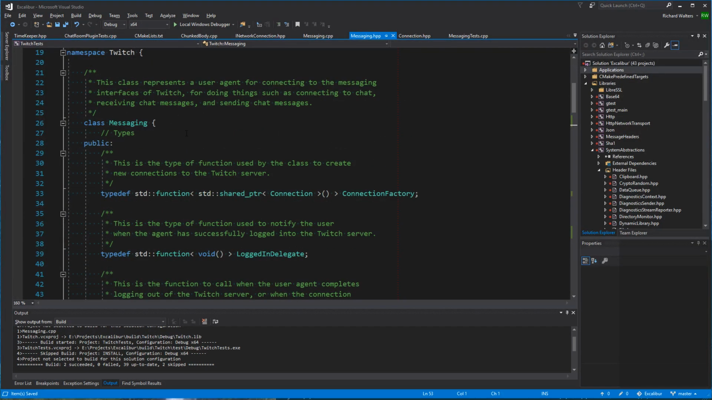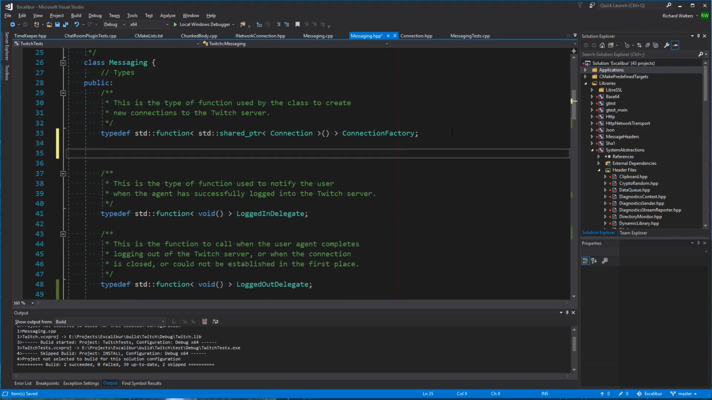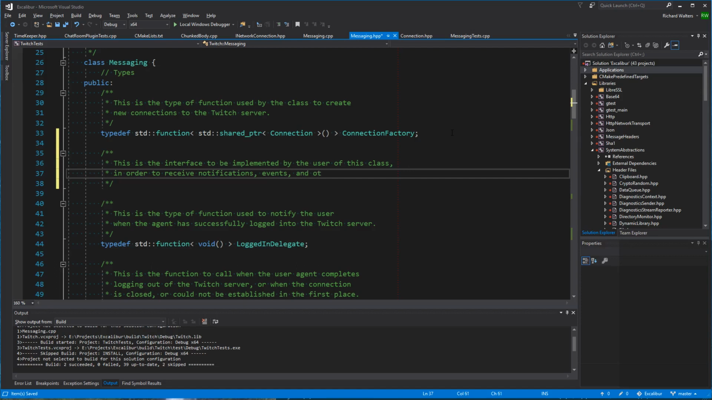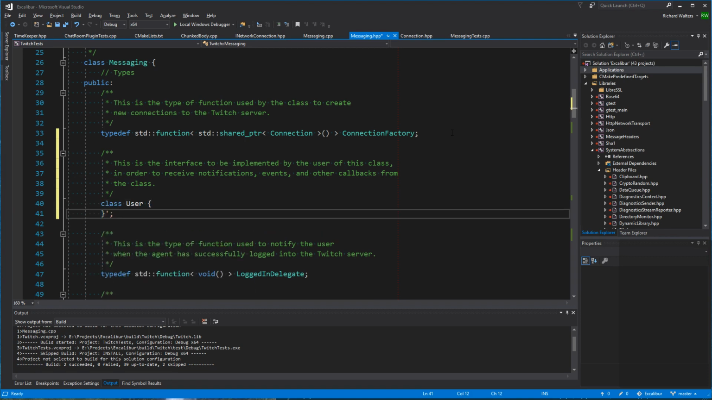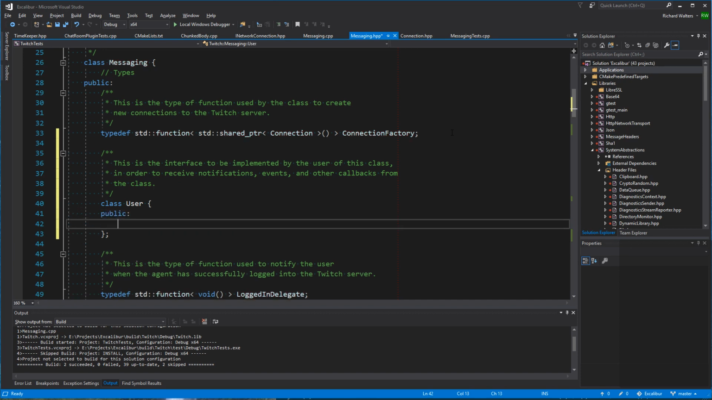So types, and so we're keeping the connection factor, but we're replacing these delegates with a class and say, this is the interface to be implemented by the user of this class in order to receive notifications, events, and other callbacks from the class. And that's class user, where everything is public. That's just the convention I use for an interface. And then,